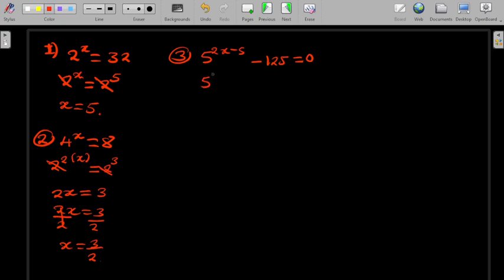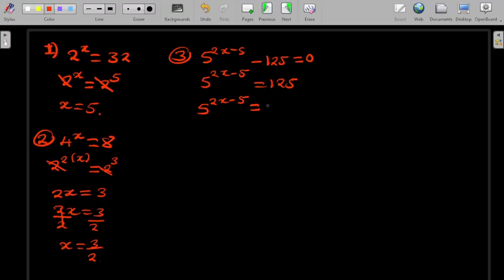So 5 to the power 2x minus 5 will be equal to 125. The next thing is to make the bases the same. This 125 can be written as 5 to the power 3. So here we maintain 5, then to the power 2x minus 5, which is equal to